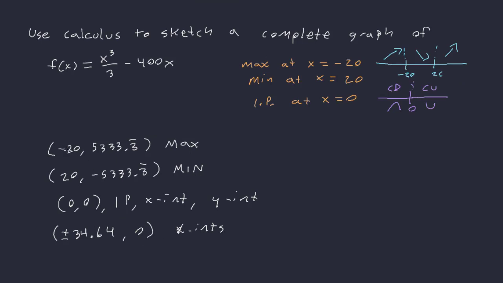Okay, so here I've collected all of our information, the points and what they are. Right? We have our max, we have our min, we have our inflection point, x-intercept, y-intercept. So notice that 0, 0 is quite a few things. It's an inflection point, x-intercept, and y-intercept, and then this negative 34.64, comma 0, those are our x-intercepts. Okay, so let's